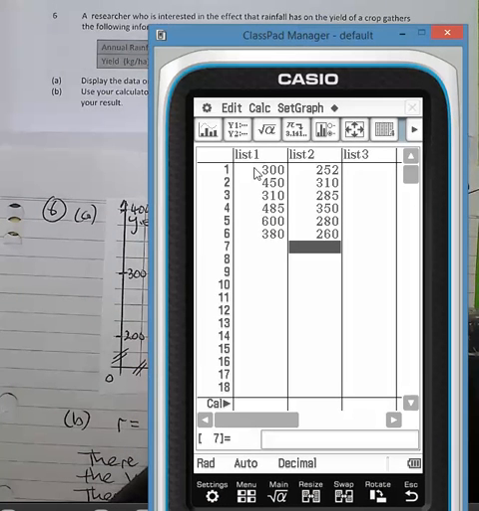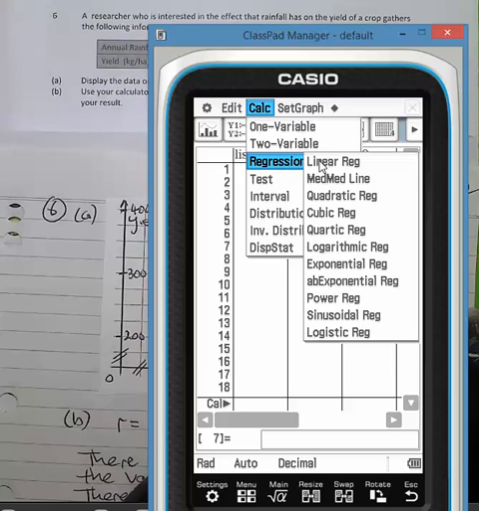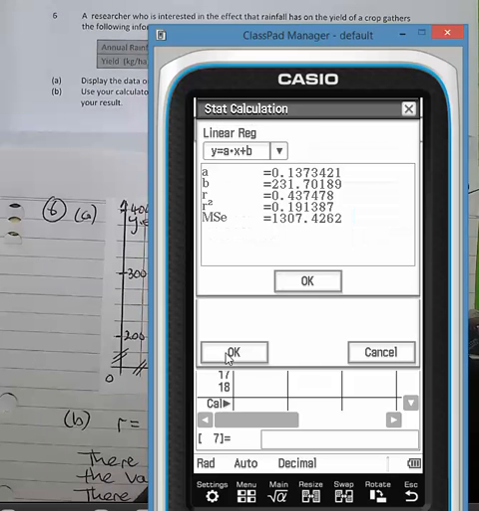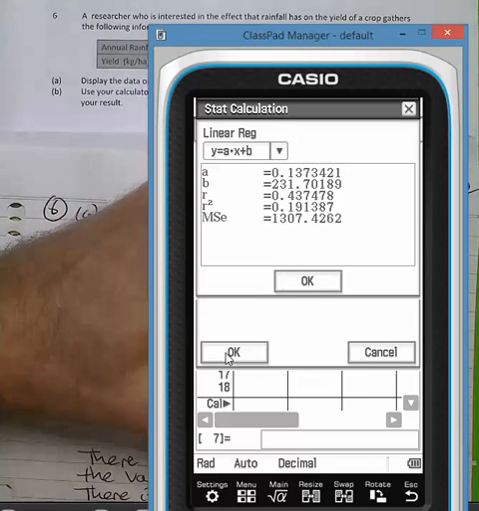And once again, list 1 contains the X, the independent variable data, and list 2, the dependent variable, or the rainfall and the crop yield. Calc, regression, linear regression, get into the habit of copying the formula. It's not asked, but it'll be a useful thing to have. So if I write down the formula, that's y is equal to